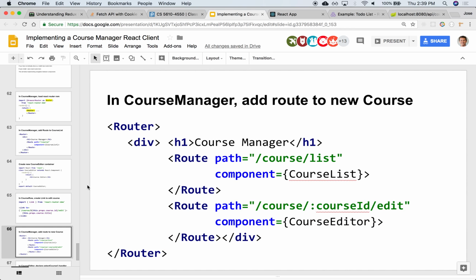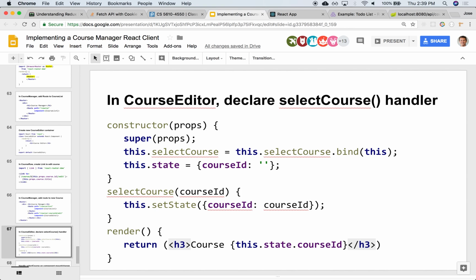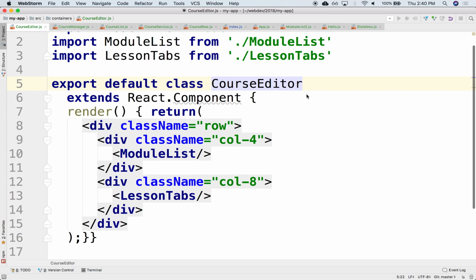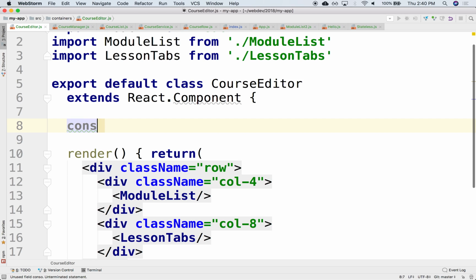Okay, yeah, excellent. So now we're rendering the course editor. Now that we have the course editor, what we'd like to be able to do is parse that course ID that we passed along, so that we can render the ID of that course. So let's initialize as a state the course ID as empty, because I don't know what the course ID is. In our course editor, we don't have a constructor, so let's declare a constructor here: constructor, props,